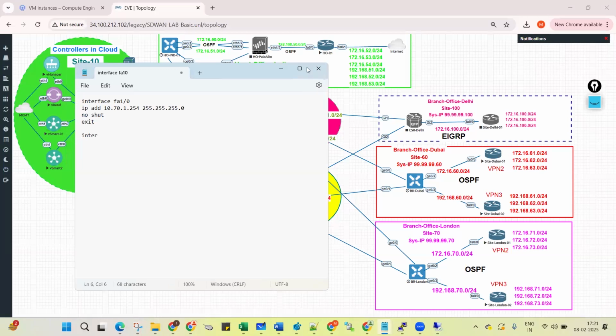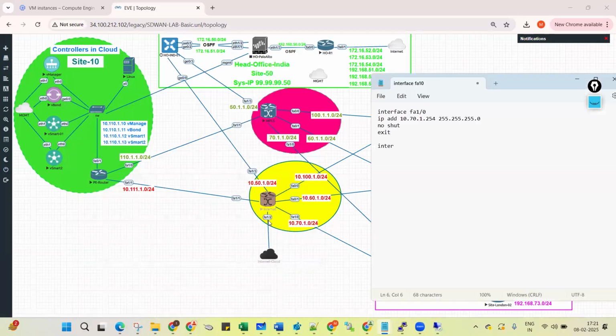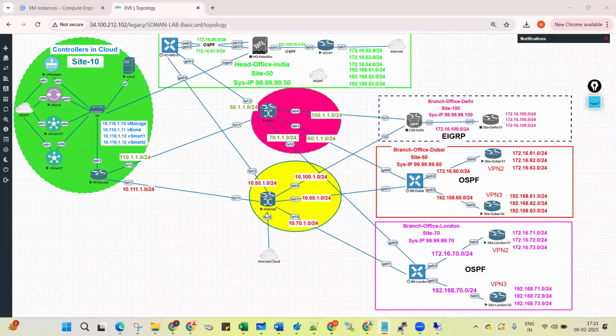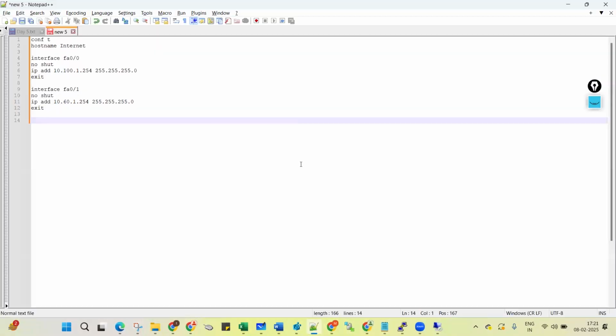Next, we will configure interface FastEthernet 1/1. Interface FastEthernet 1/1, IP address 10.111.1.254, no shut, exit. FastEthernet 1/2 is connecting towards the internet cloud. So we will give here the IP address as